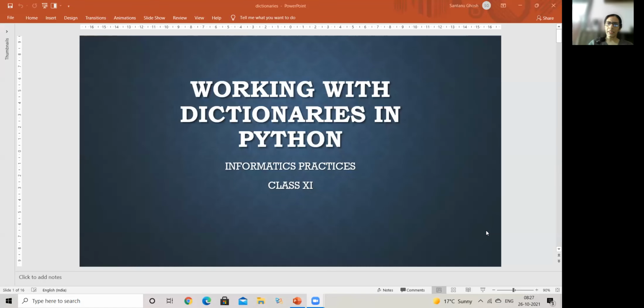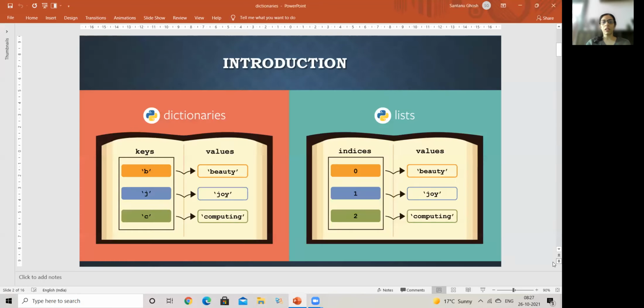Now, last class, I'll just quickly go through. We had done that in the case of dictionaries, we can give our own key values, whereas in the case of lists, we have the default indexes, which we also call as the keys to access my elements from the list. You can see here that in dictionary, we can give our own keys, whereas in list, it is a predefined value. Okay, whether 0, 1, 2, or if I go from the back side, it is -1, -2, -3, and henceforward. So this was one major difference between the list and the dictionaries.